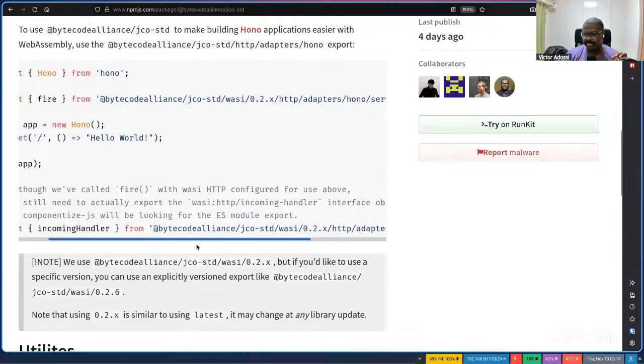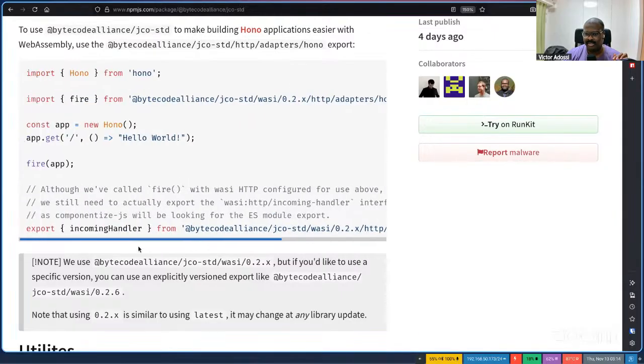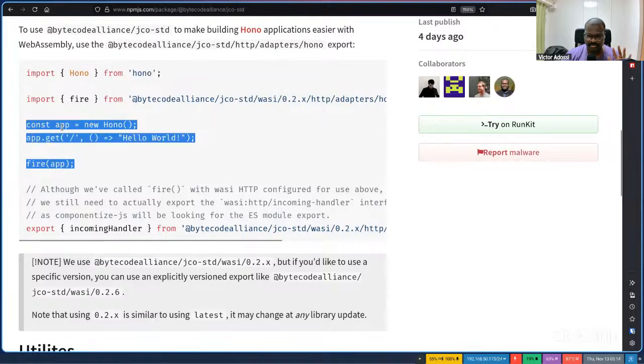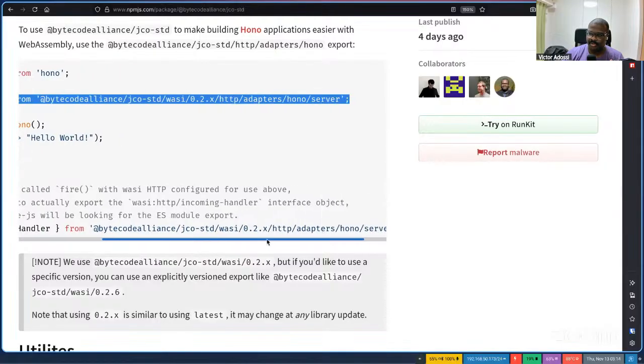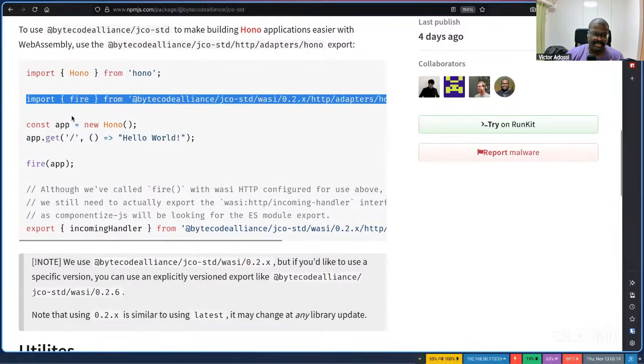So this is an example of that here. Most of this is just normal Hono stuff. You've got the import, you've got app creation. All of this would exist whether this was a normal Node.js project or not. And then here are the special bits, right? This import here, which is a bit long, basically gives you the Hono fire function.